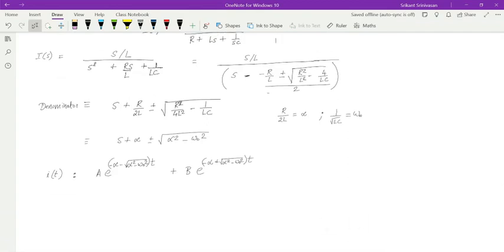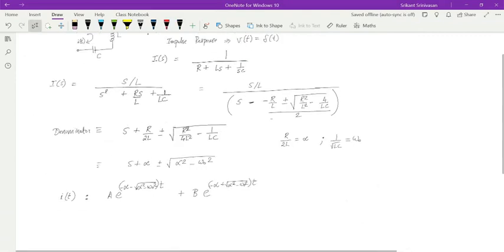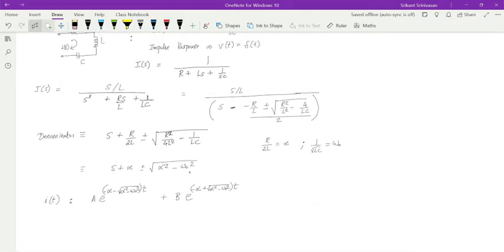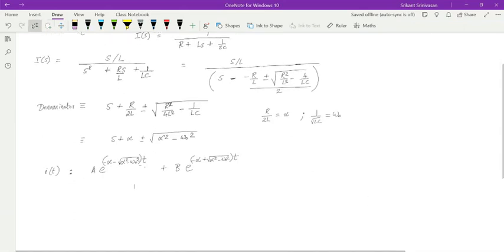Let's say that supposing we have multiple conditions now. That means unlike in the past, when I was solving the RL circuit, I said that the solution was e power minus Rt over L. But here I have this formula with alpha and omega naught, and the value of this function depends on the relative values of alpha and omega naught, right? So let's consider the case. Alpha is R over 2L. So let's say that alpha is greater than omega naught.